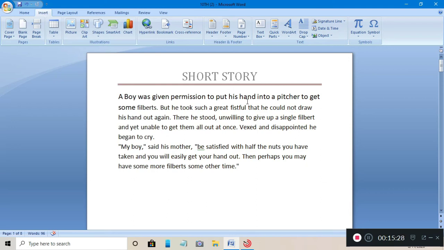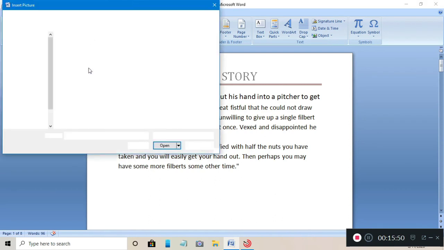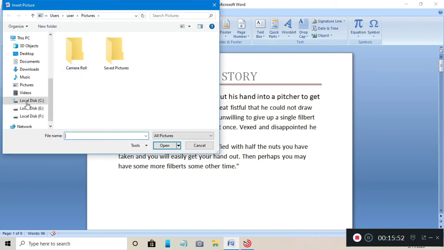Suppose this is my Word document and I want a picture from another document which I have already saved in my laptop. Now I'll show you how we can add a picture from a saved document.